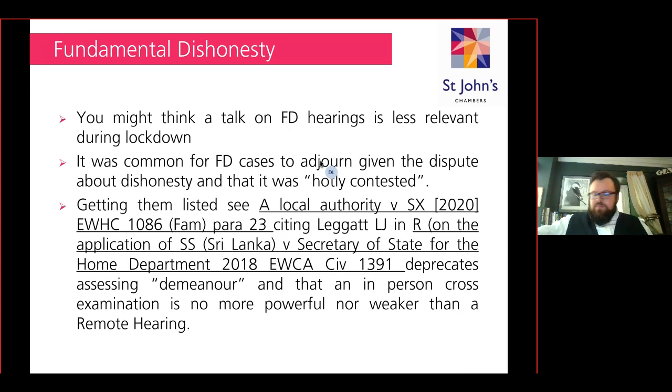In terms of fundamental dishonesty, and I think probably in terms of all litigation at the moment, one of the things solicitors are asking themselves is, how do we actually get the case heard? It's all well and good hearing about all these changes, but we want the actual case to get in front of a judge. And what was happening all too often in FD cases or Section 57 type cases at the start of lockdown, at the start of social distancing, was that the Lord Chief Justice's guidelines basically said if a case was hotly contested, it probably shouldn't happen remotely, and they were being adjourned off left, right and centre. And there are some courts which are still